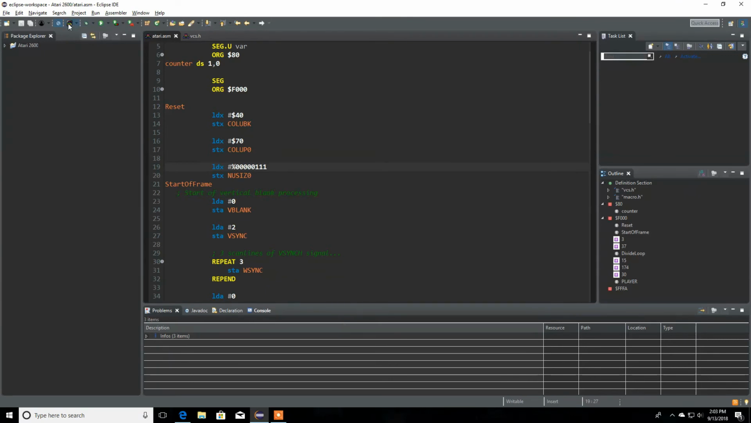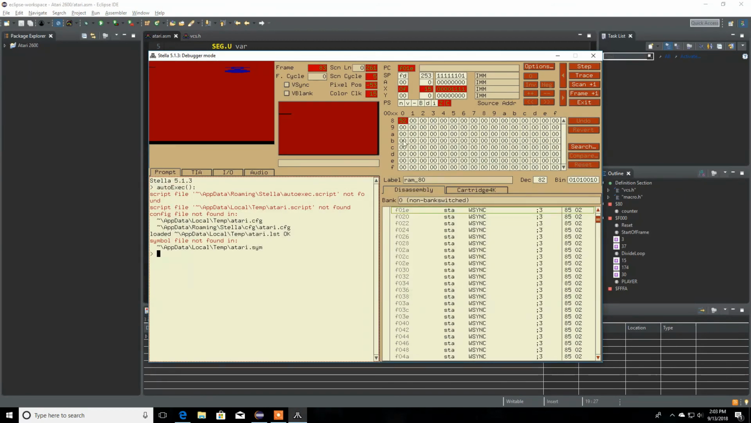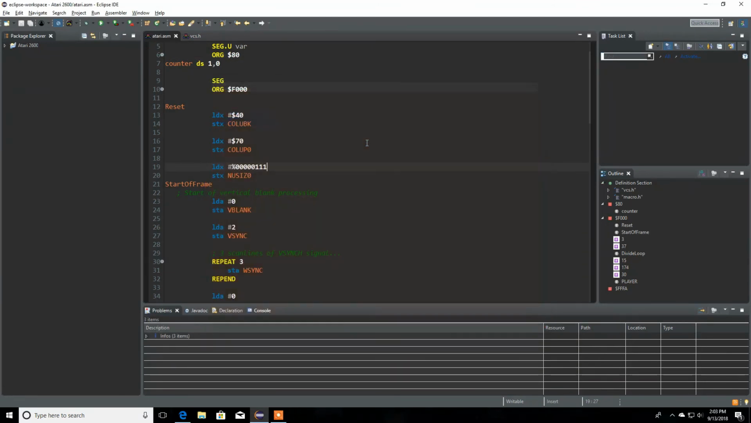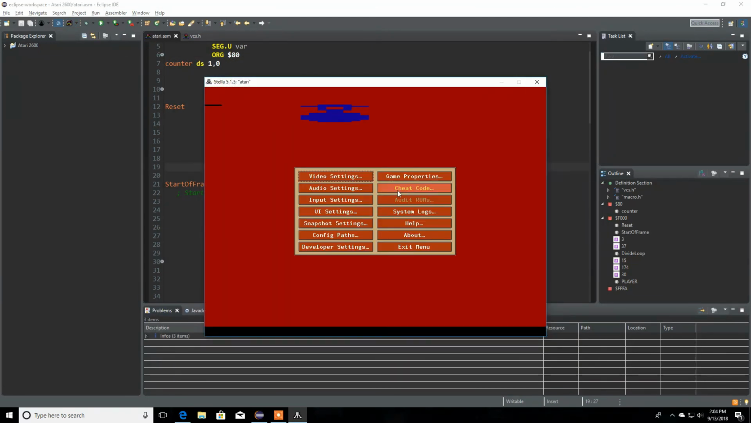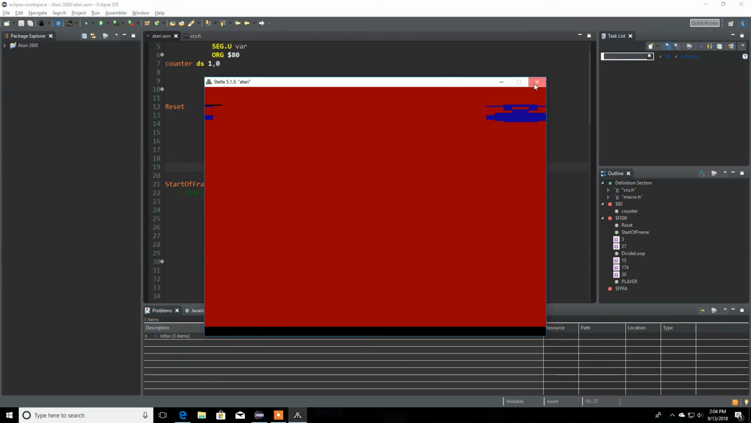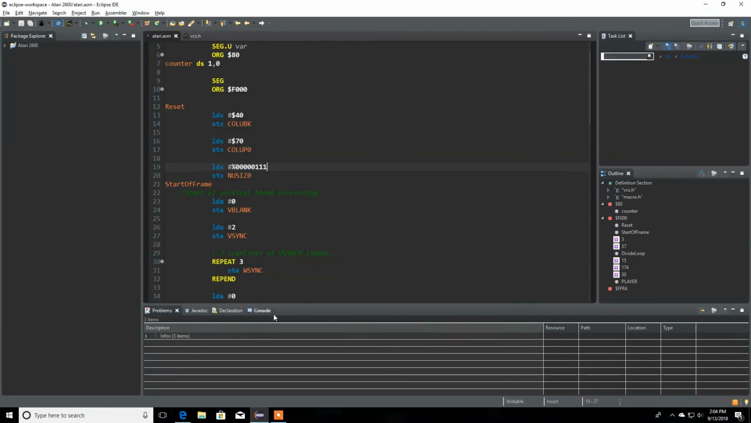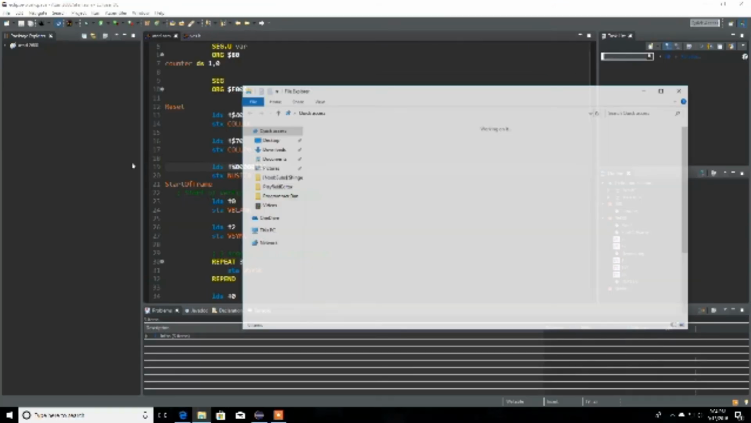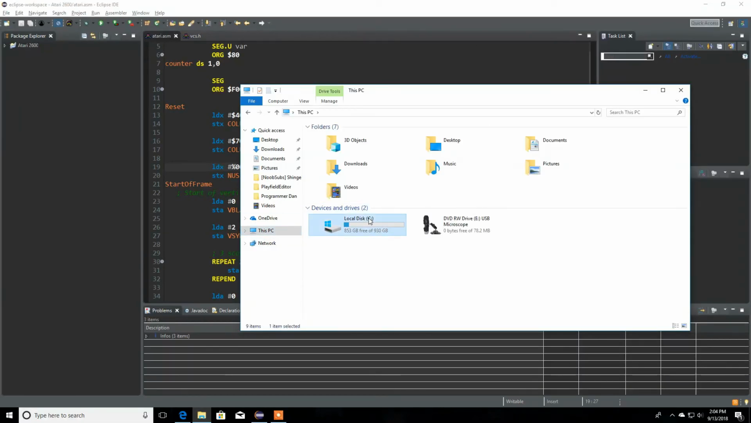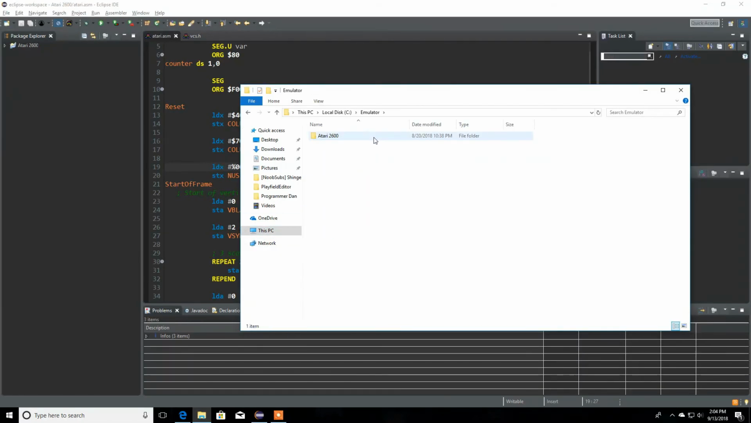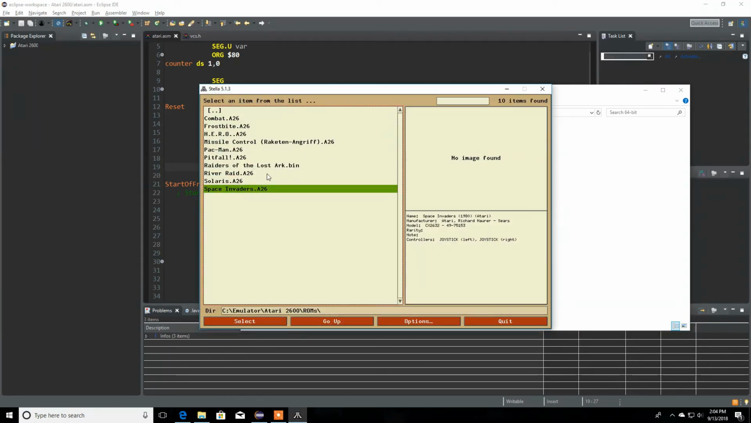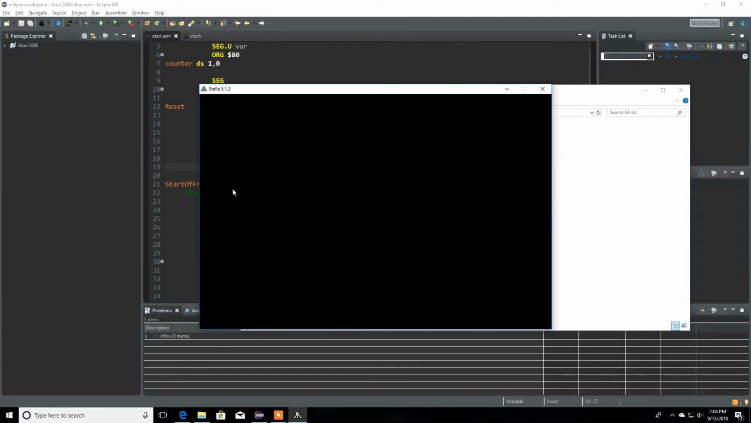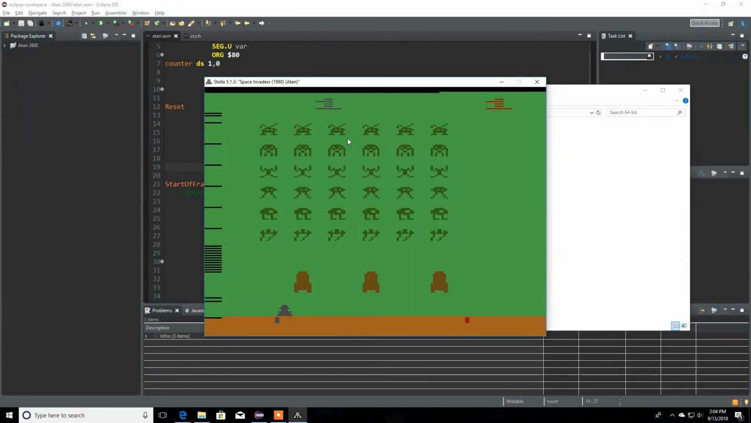If you, let me assemble over here, and where is escape? Let me just close this, and open my emulator, Atari, let's go to Stella 64. So open your Stella emulator, and over here I have Space Invaders, and that's pretty much what happens with